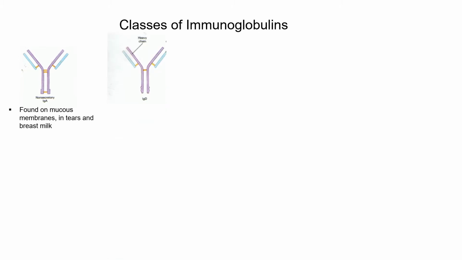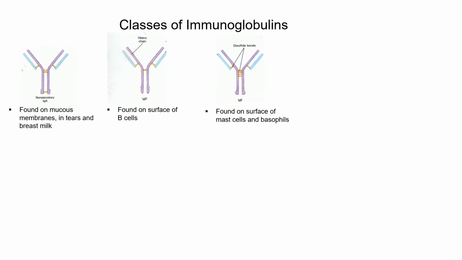From there we go to class IgD, and in class IgD, these antibodies are found on the surface of B cells. Now those, we'll get to the function of those in just a moment when we talk about how this immune system works. Now we have class IgE. Now these are found on the surface of mast cells and basophils. Now many of you may not know what a mast cell is, but a basophil you've heard of. In your anatomy and physiology course, you learned that basophils are involved in allergic reactions. So when we get into chapter 18 and we talk about allergic reactions, hypersensitivities, we'll come back and discuss IgE antibodies.